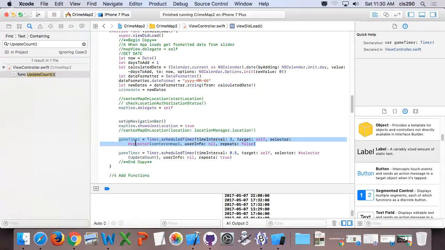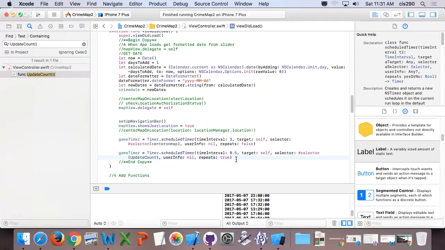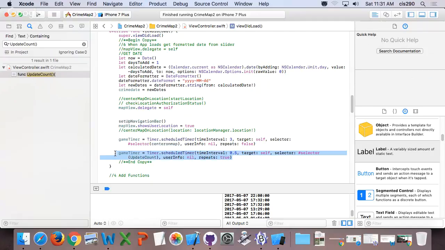When the app runs, it does a center of map, that global 5,000 meter view, from the loop. This one here runs over and over again for an updated count. It continually runs every 0.5 milliseconds to see what the count is of the annotations on the map. And so finally, when it runs, it's going to get that first 5,000 meter view, zoom in, and if it's